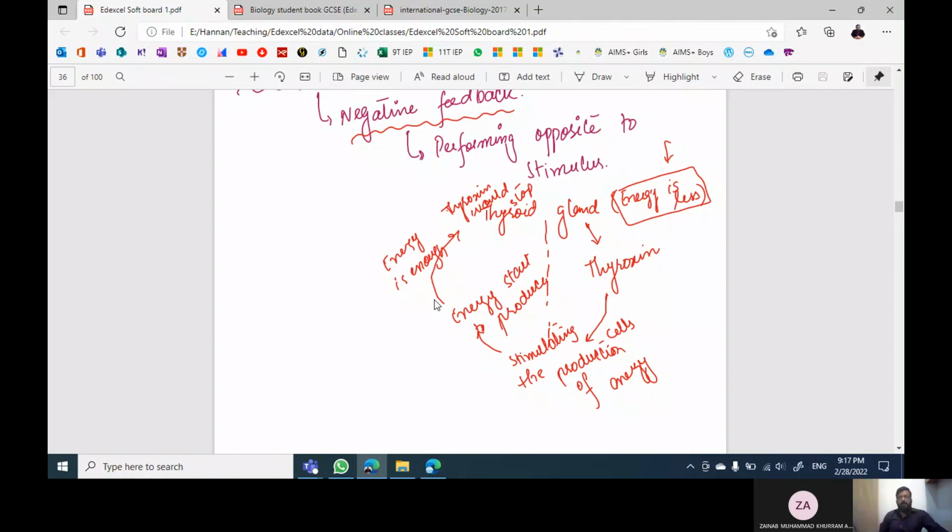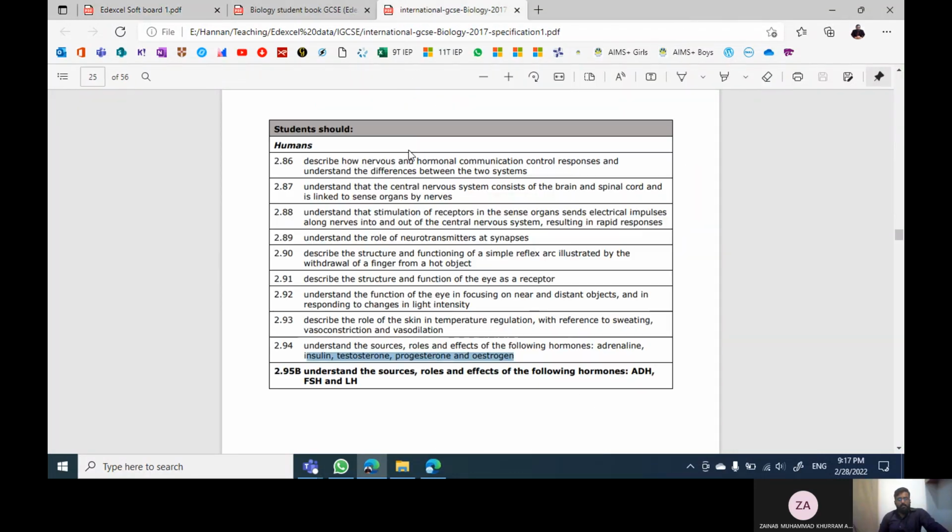To discuss the hormones and their actions. For example, we are supposed to discuss adrenaline, insulin, testosterone, progesterone, and estrogen. These three hormones are the gender related hormones, or you may say sex related hormones, which means that these hormones have significance in the definition of gender, and they also have some other very important significances, but we will discuss all of these along with